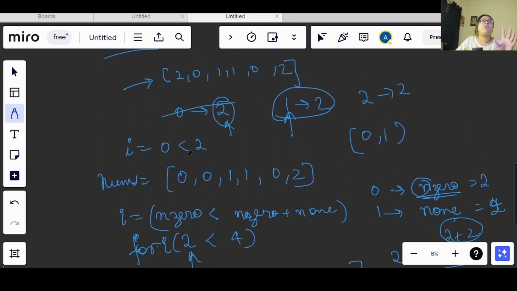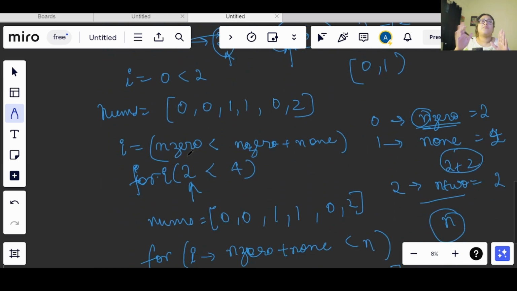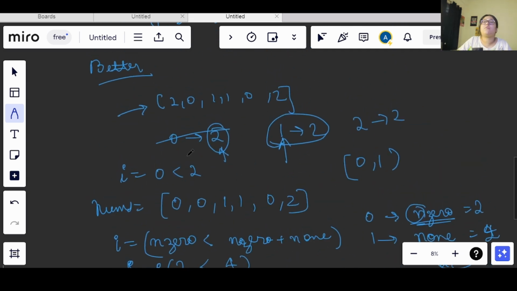So basically we are counting the occurrences of 0, 1 and 2, and the number of occurrences that we have, we are inserting those values that number of times. That is all that we are supposed to do in this. Once we are counting the number of zeros and ones, right, after that again we are iterating in the array for insertion of the values.